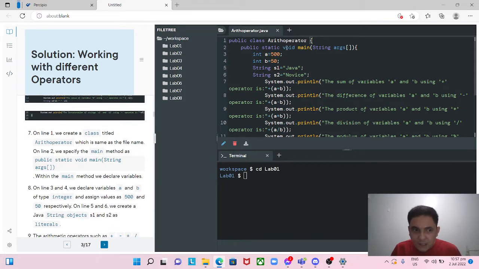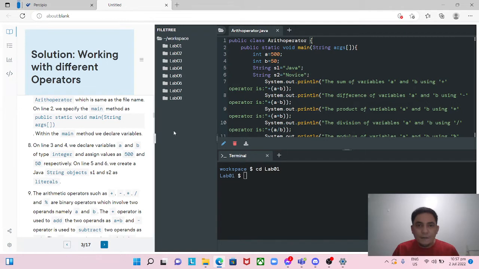On line 1, we create a class titled arithmetic operator, which is the same as the file name. On line 2, we specify the main method as public static void main string args. Within the main method, we declare values. And then on lines 3 and 4, we declare variables A and B of type integer and assign values as 500 and 50 respectively. On lines 5 and 6, as you can see, we create Java string objects for S1 and